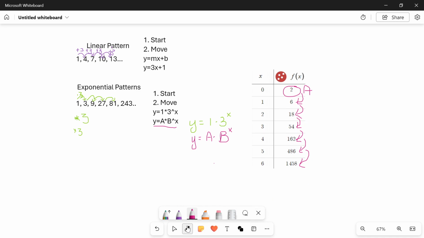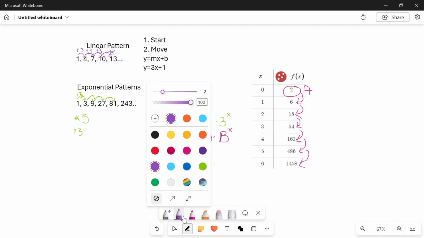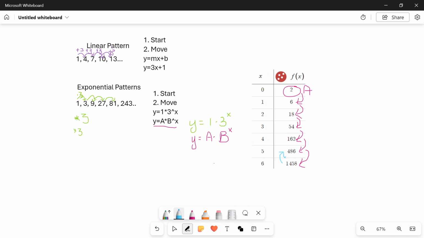So the idea is, watch this. I'm going to switch colors on you now. I'll go to this color and say, let's go backwards for a minute and see if there is a common factor. You do that by putting the first number at the bottom of this table here, 1,458, divided by 486. So 1,458 divided by 486. And if that number, whatever that equals, I think it's 3. But if it's equal to